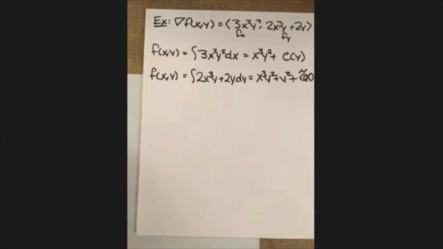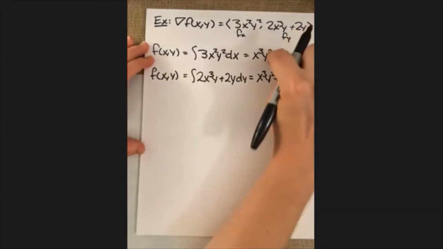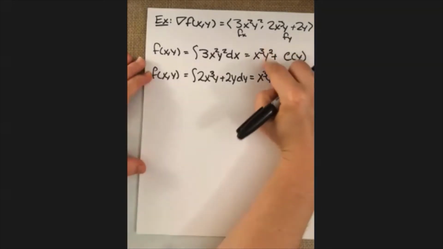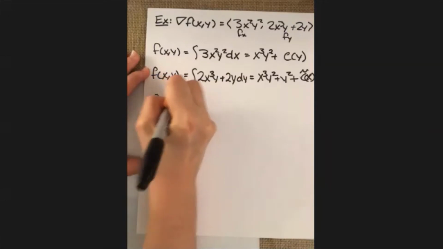All right, so now this time we have a lot of different pieces that we want to put together, and there's actually some overlap here. So in our previous examples, what we've been able to do is just add all the pieces together, and that's what we get. But I want to be very, very clear that that is not always the case. Anytime there is some overlap like this, you want to make sure to only mention it once,